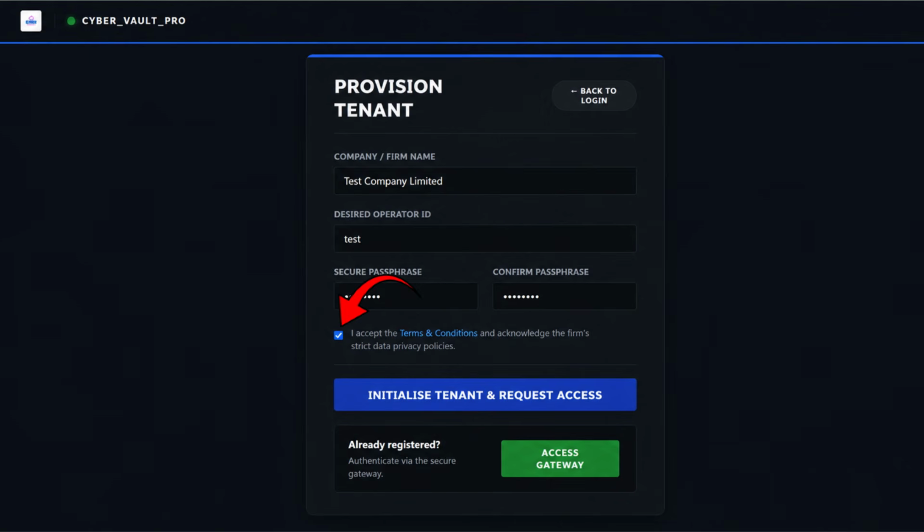The terms and conditions and data privacy acknowledgement have been accepted, confirming that the organization agrees to the platform's usage and security requirements. With all required information now provided, the workspace is ready to be provisioned. Selecting Initialize Tenant and Request Access will submit the registration details and begin the creation of the organization's secure evidence